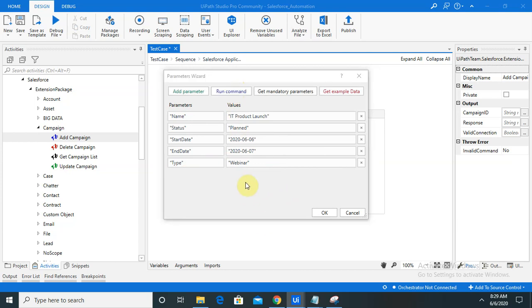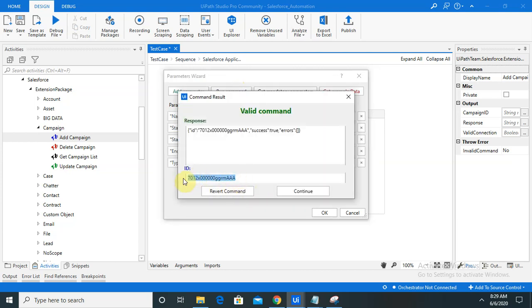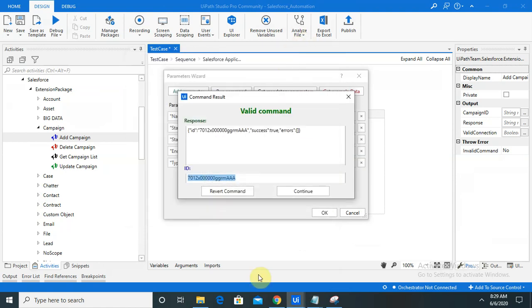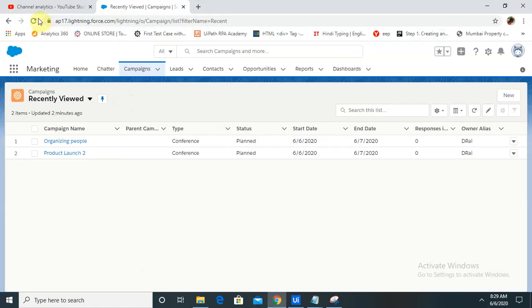You are able to see the campaign is created successfully for you. Let me copy this ID because we'll use it for other details. Now you can see if you want to revert that campaign, just click here. Whatever campaign is created in your login credential will be automatically reverted from your account. But I want to use that, because of that I am pressing continue. So if you want to see it, just go here.